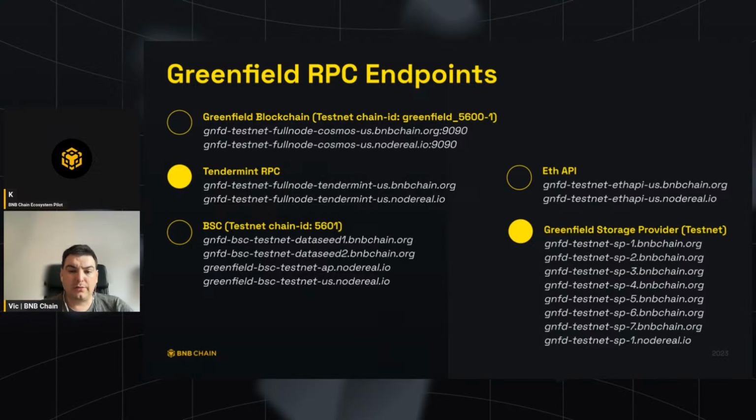And you also have Tendermint and ETH APIs. Depends on the application, whether you need to interact with the Tendermint or with the ETH API. And